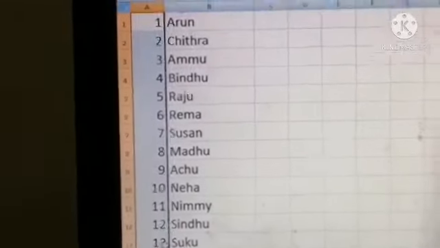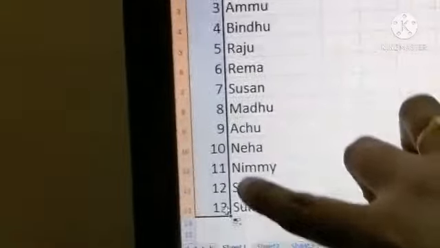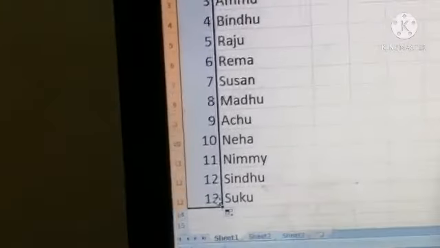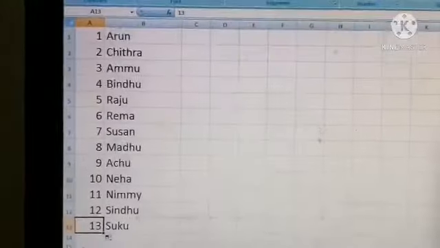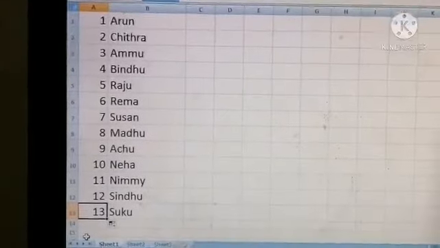See children, at that time the numbers will be generated automatically, 1, 2, 3, 4 etc. up to 13. So in this way we can add numbers.